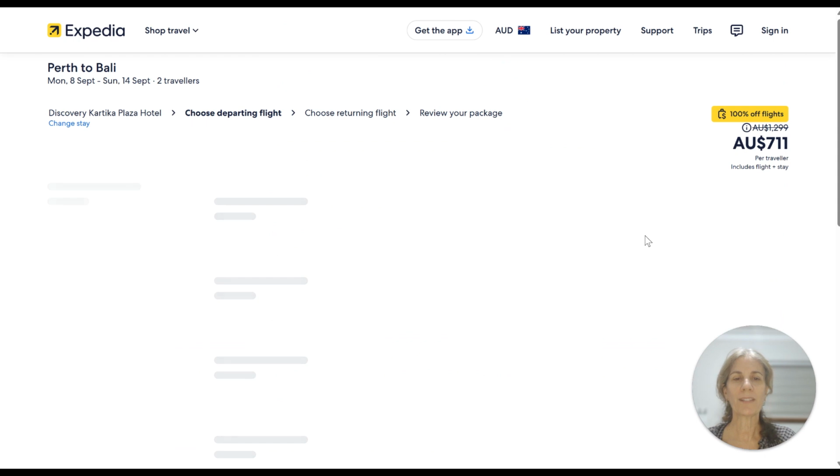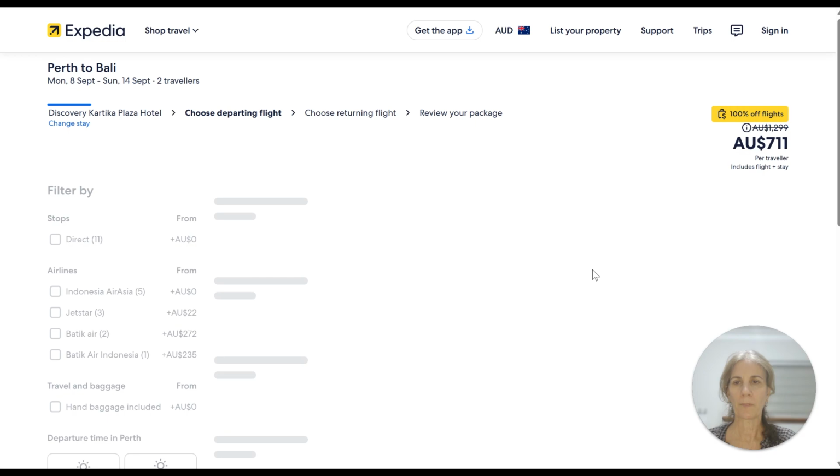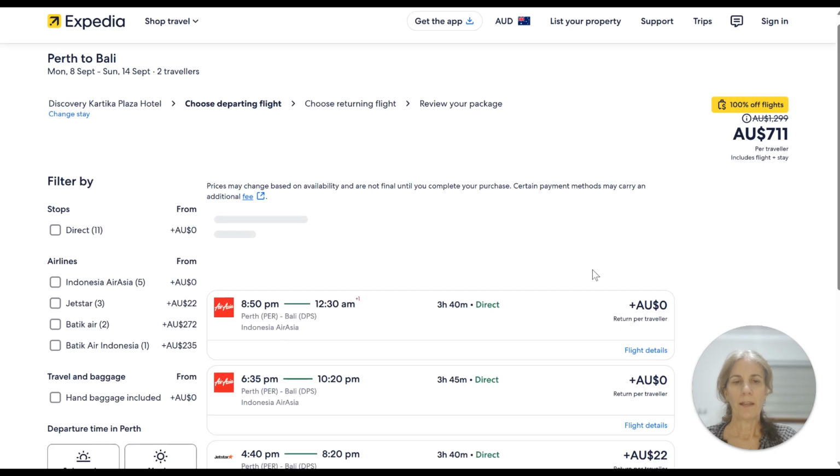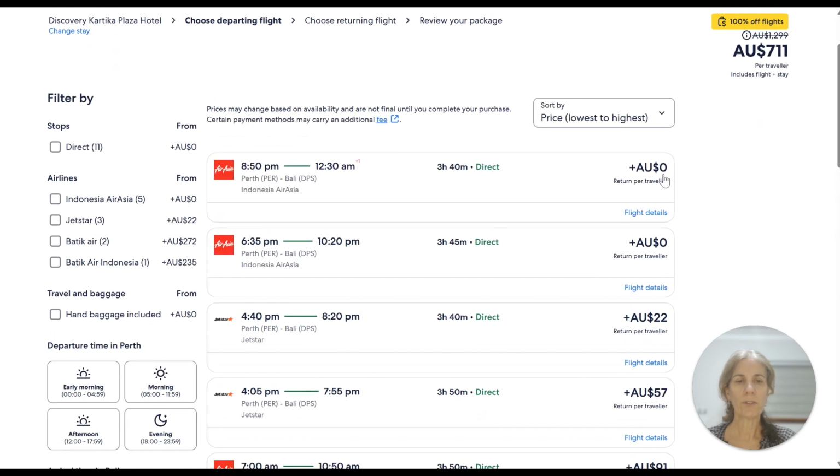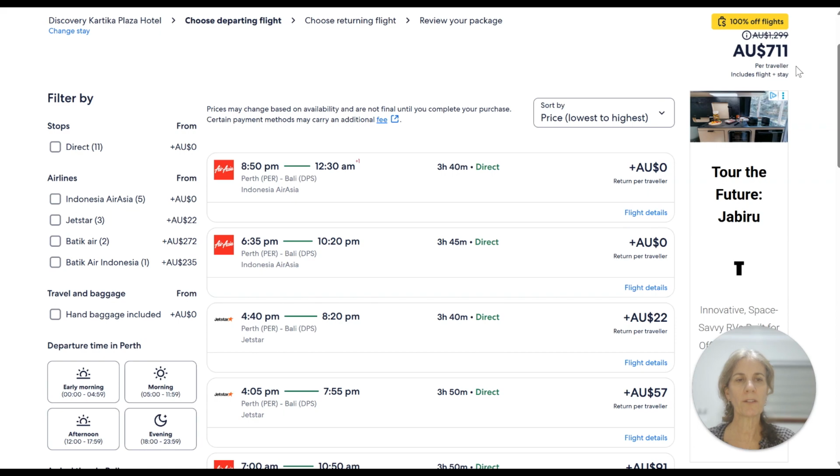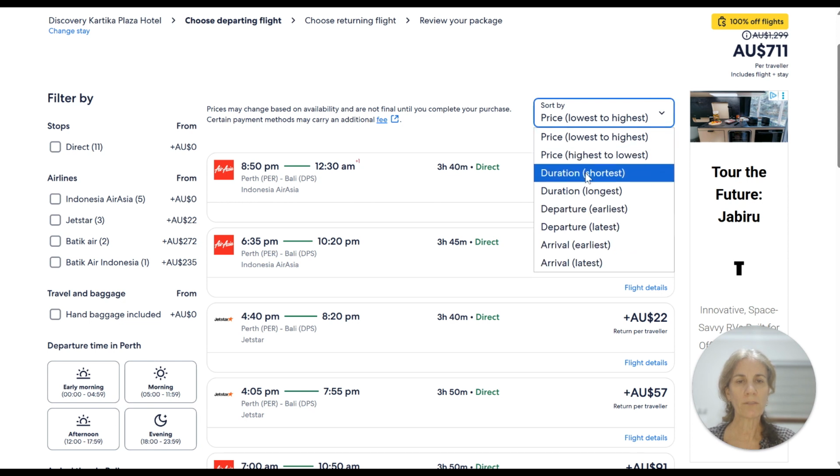And next it brings up the flight details for your outbound. And as you can see, there's only 2 flights to choose from. That's not going to cost me any extra. That will be included in that price of $711. One leaves at 8:50 p.m. arriving at 12:30 midnight, and another one at 6:35 p.m. arrival at 10:20 p.m. I don't really fancy arriving at night, so I'm just going to change the flight list